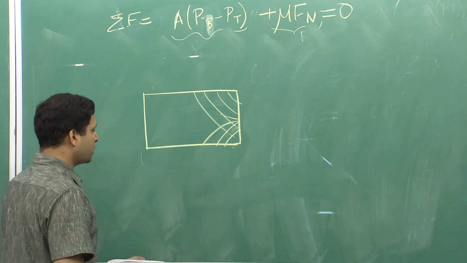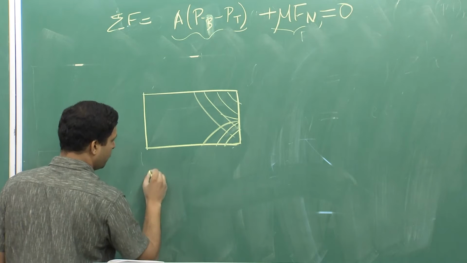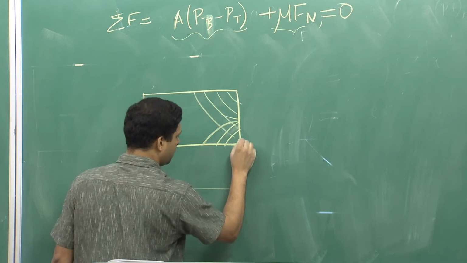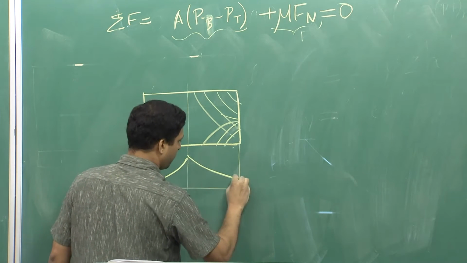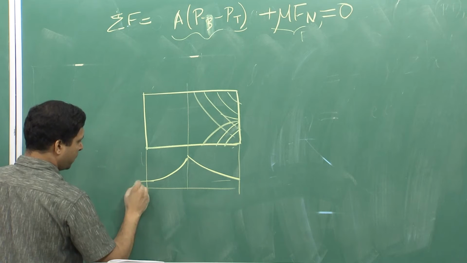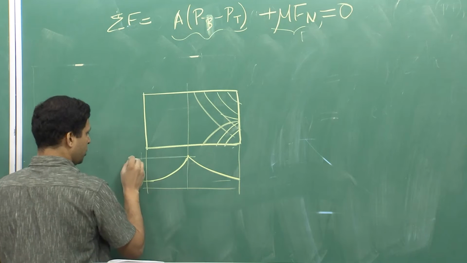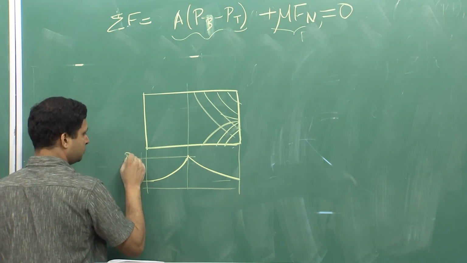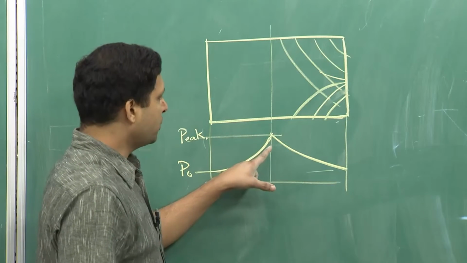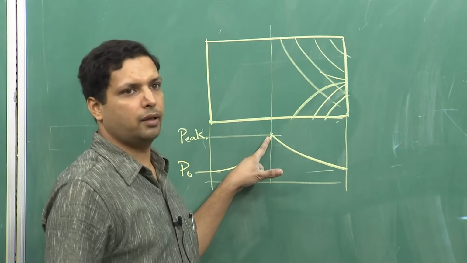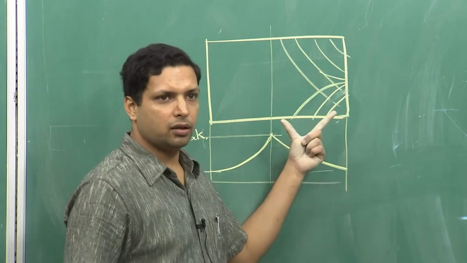So, there is a pressure variation and also along the radius there is a pressure variation. If you were to look at the pressure variation like this, on the edges you have the applied pressure, but towards the center you have a peak pressure. Now, because of these two directional pressures, one from the surface and one from the side, there is a variation